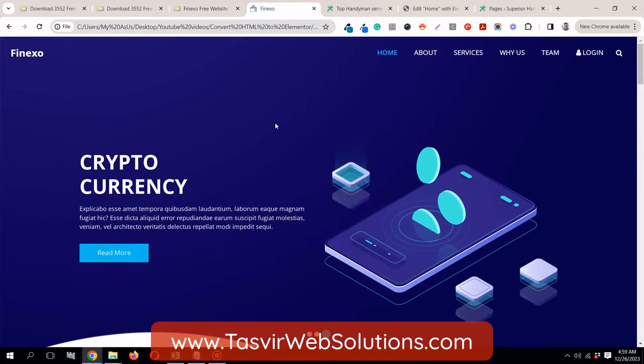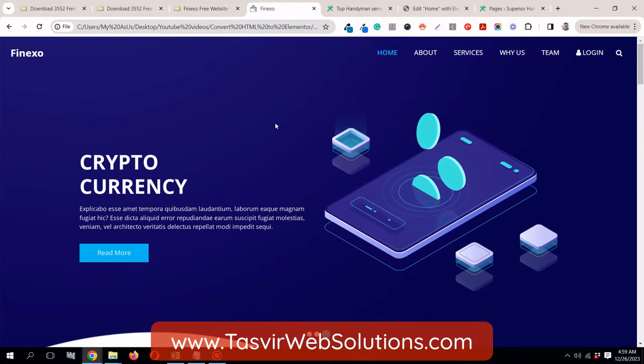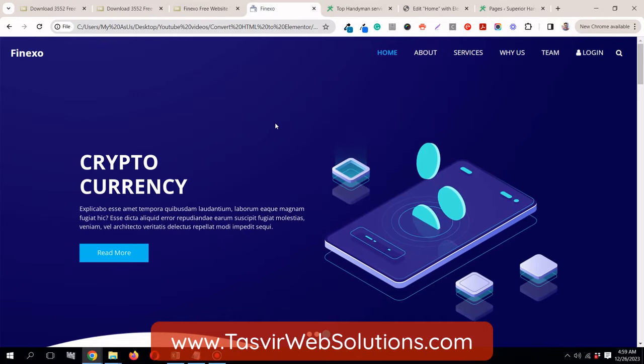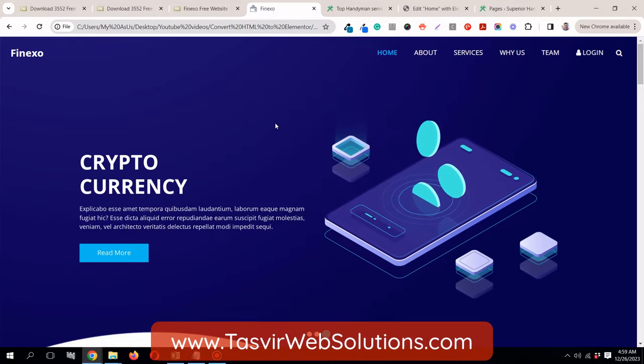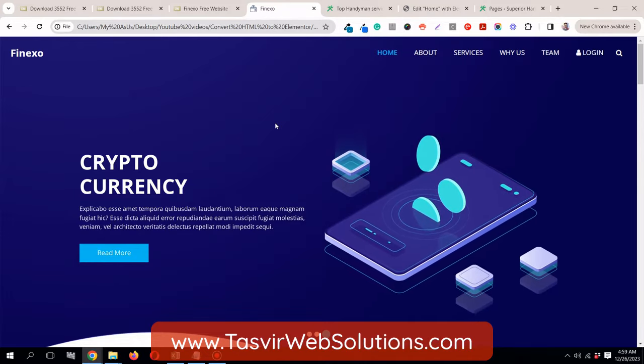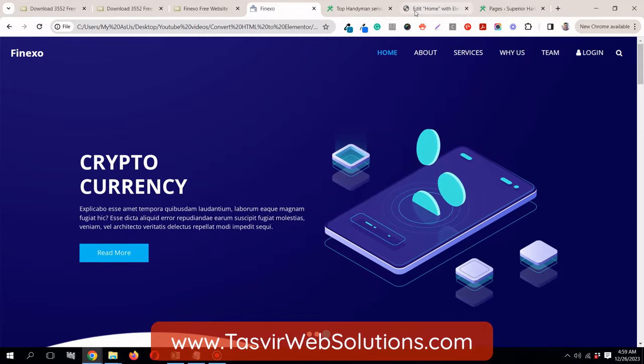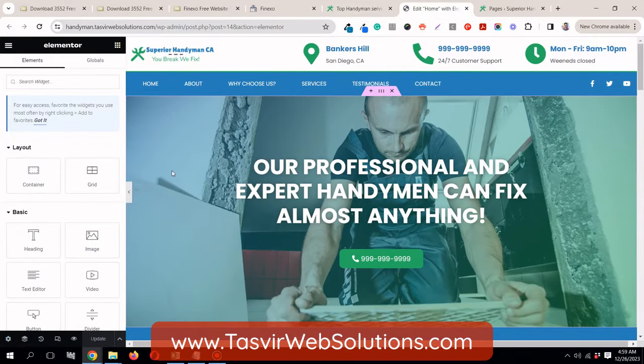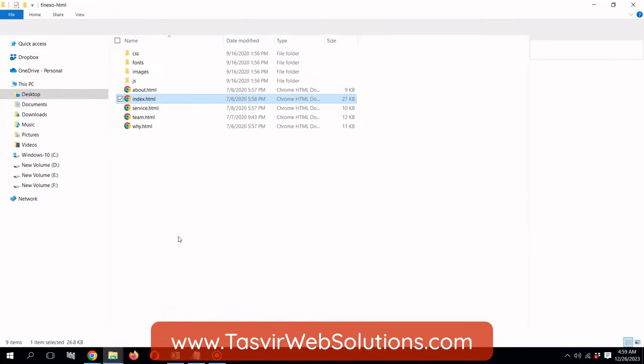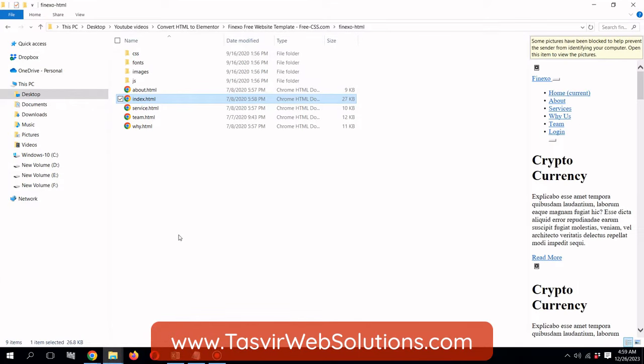If you have a very old HTML website which you made in the early 2000s or late 90s, then you must consider converting it into a visual website builder such as Elementor and WordPress. Because for an HTML website, if you want to change anything small, such as a line of text or an image,